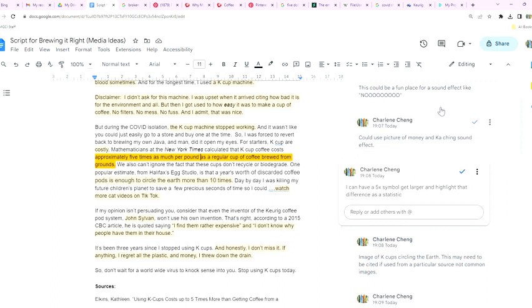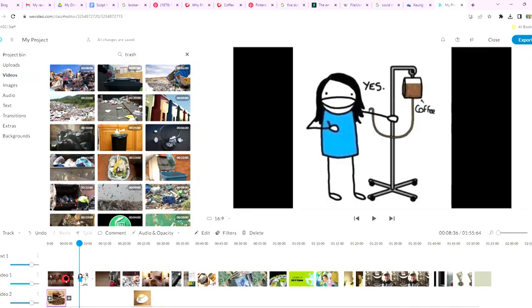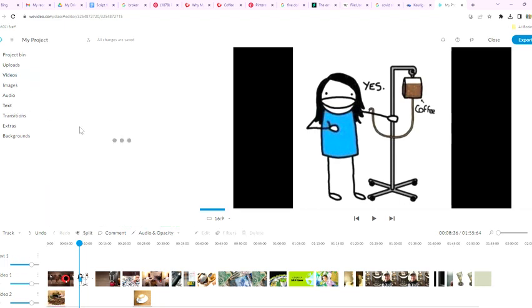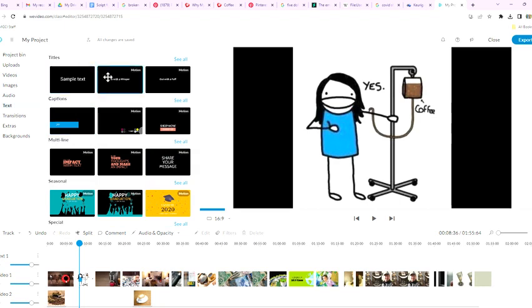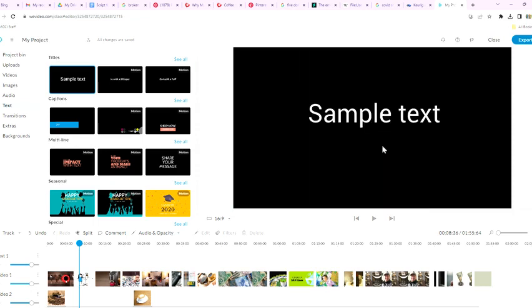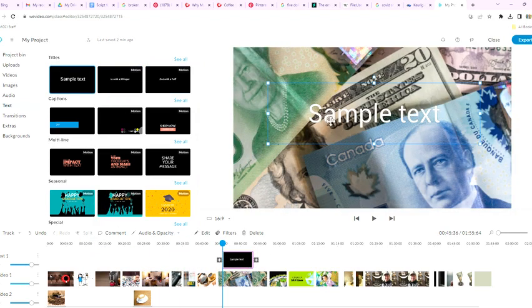and highlight the difference. So if you want to use a text box, this is what the text part is for. You can add text here, and there's different types of text boxes you can use. I'm going to just use this one for fun, a simple thing. And then you'll just go in and you're like, okay, this is where I want it. I want it around here. And you can add your information. So it's 5 times,